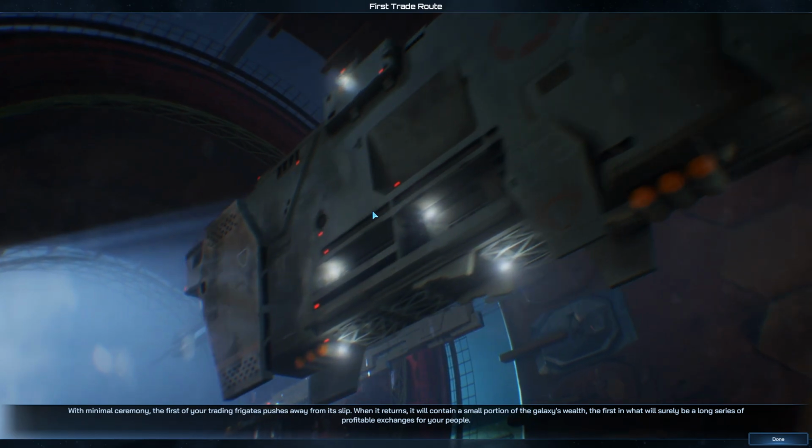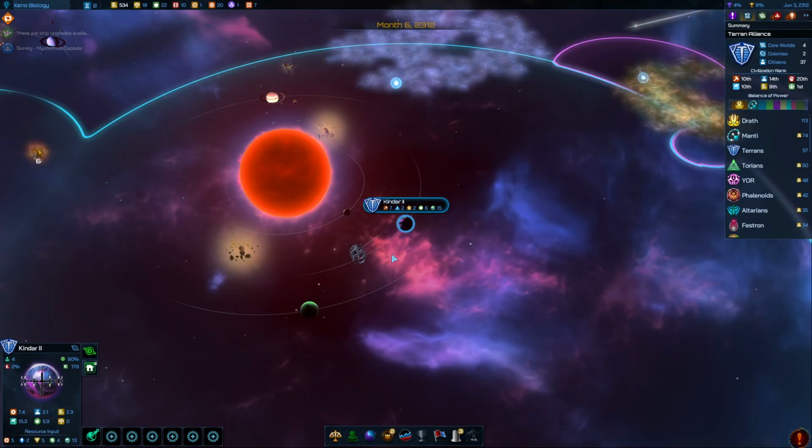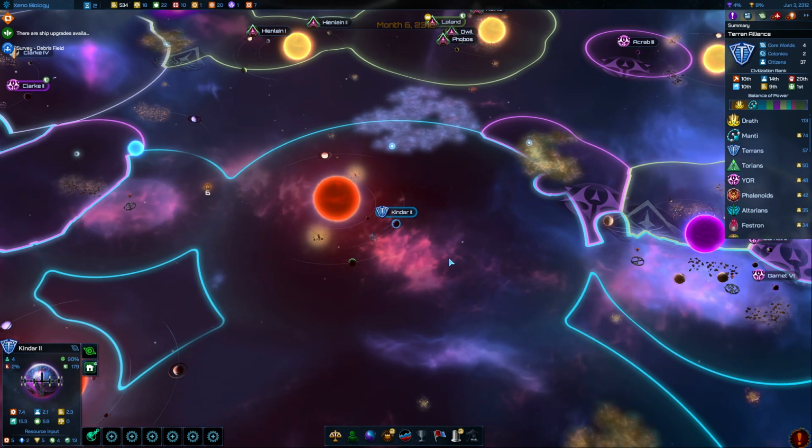With minimal ceremony, the first of your trading frigates pushes away from its slip. When it returns, it will contain a small portion of the galaxy's wealth. First in what will surely be a long series of profitable exchanges for your people. Okay, we actually got that a little while ago,